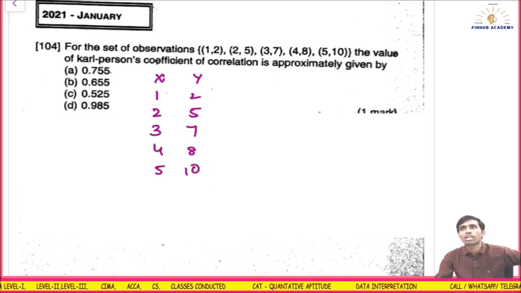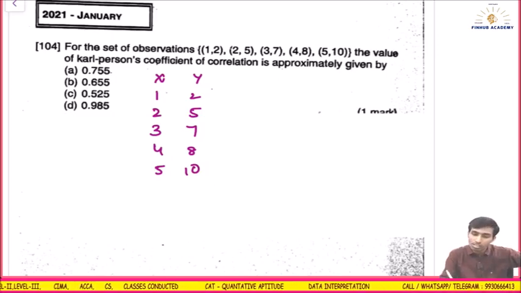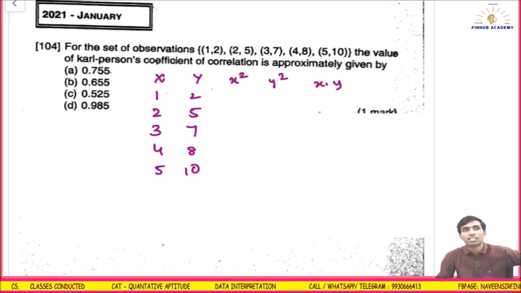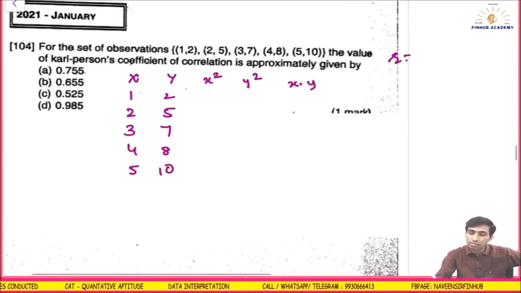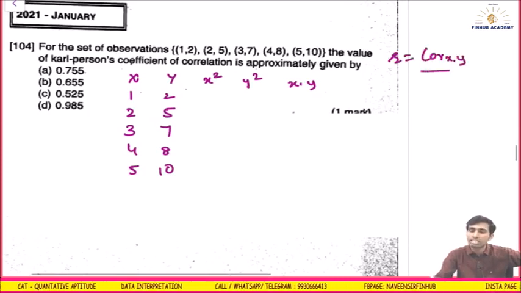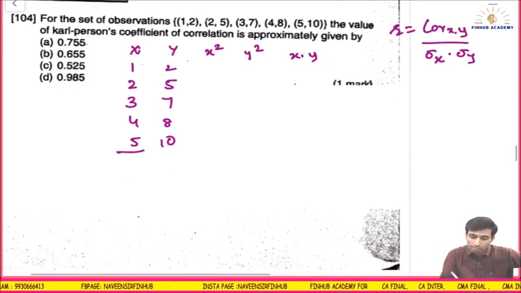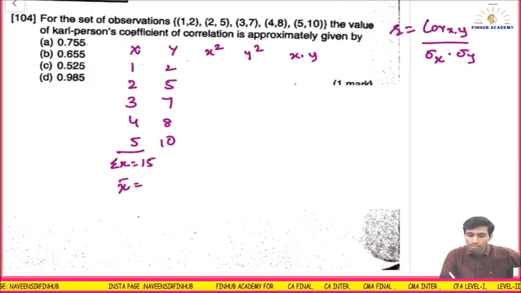Okay. So here I will apply the same formula. Which formula? x square, y square, x into y. You remember in the previous question I discussed, because I have to find r. What is the easiest way to find covariance between x and y? Standardization of x into standardization of y. So to find standardization of x, I should know x square. To find the standardization of y, I should know y square. To find covariance, I should know summation x into y. Okay, so this total, summation x is equal to 15, x bar is equal to 15 divided by 5 is 3. Okay, as easy as that.